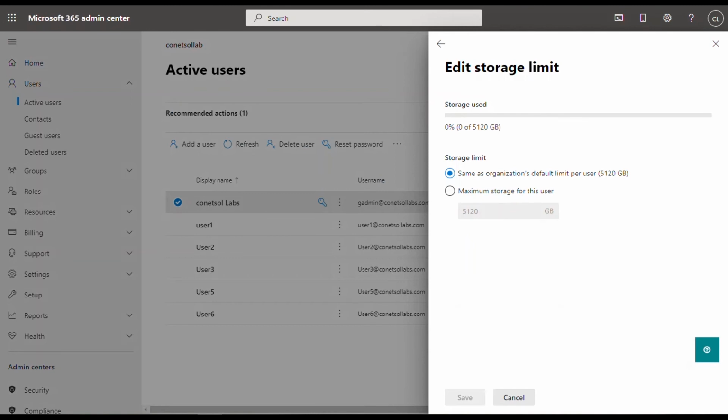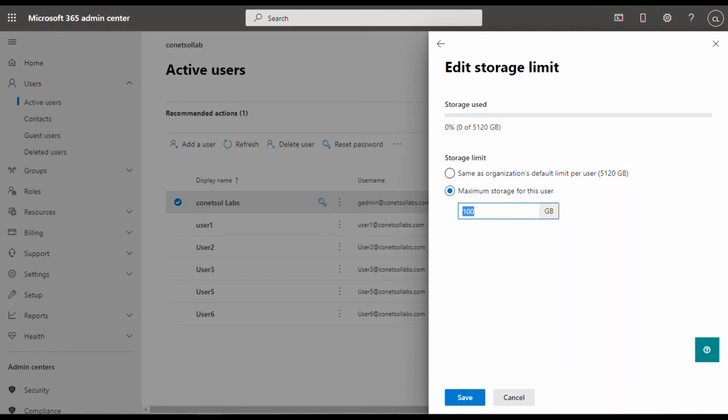Now we can see the current setting of this user's storage limit is the same as the organization's default limit per user, which is 5 terabytes, and the maximum we can allocate to this user is 5 terabytes. We can change the settings according to our requirement. The maximum storage limit is 5 terabytes. You can reduce the value. For example, if you want to allocate only 100 GB, you can enter the value here